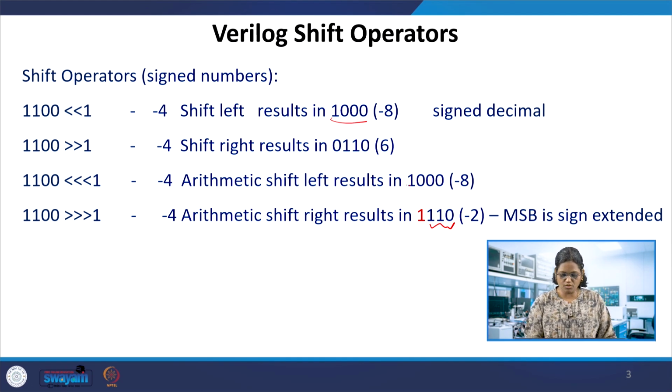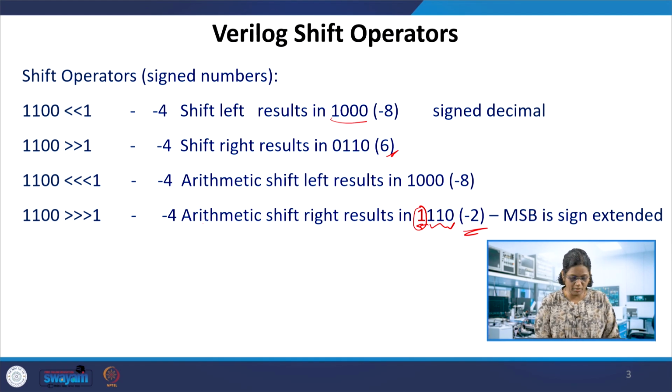So in a left shift, the LSB will not be filled with one. Whereas in the case of a right shift, the arithmetic shift makes a difference, which is the sign extension of the number. One bit will be extended, resulting in -2. So instead of going for a simple right shift, you can take -4 divided by 2, which is an arithmetic right shift. The MSB sign is extended, so that's the difference.